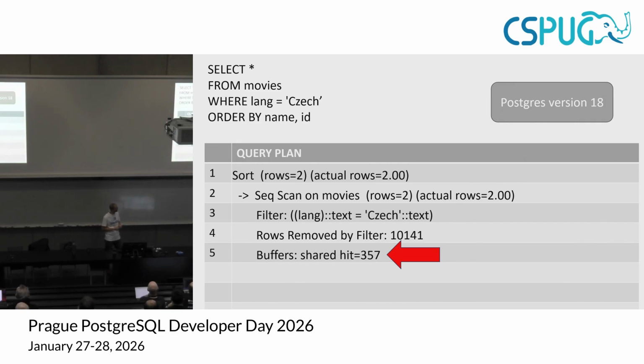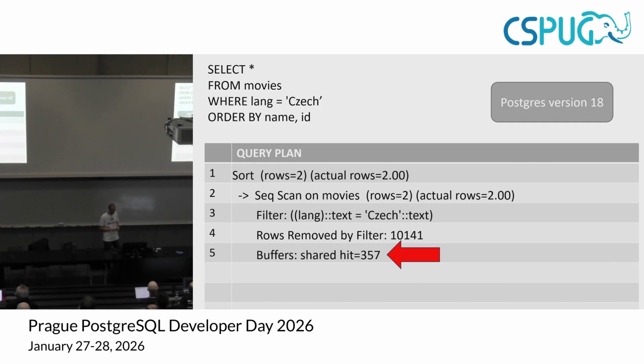I got it via explain analyze. Explain analyze really runs the query and gives you the exact statistics of what happened during the execution. I removed most of them. I kept only the interesting ones. And I will focus mainly in this talk on the key metric, buffers. Buffers tell you how many 8 kilobyte pages Postgres had to touch during the execution, because we store our data